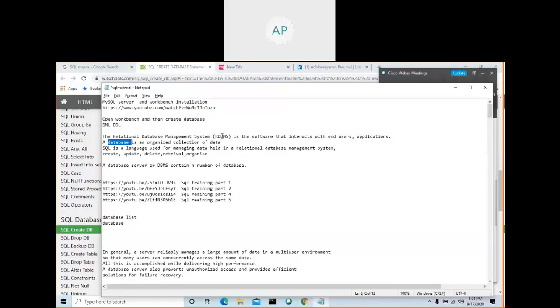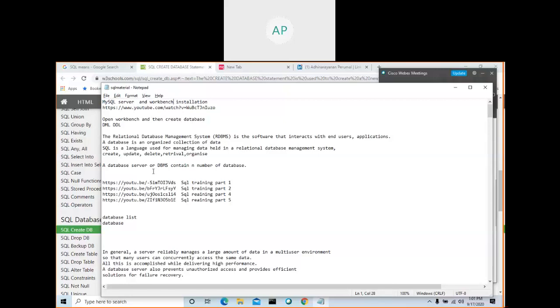So which RDBMS are we going to use? MySQL server. There are n number of RDBMS servers available. Go to Google and type RDBMS server, and you will get n number of servers. We are going to use MySQL server. This was written by a company before MySQL, now it is Oracle. We are going to install MySQL server and a Workbench. Workbench is a tool where we write all our queries, then we send that SQL query.